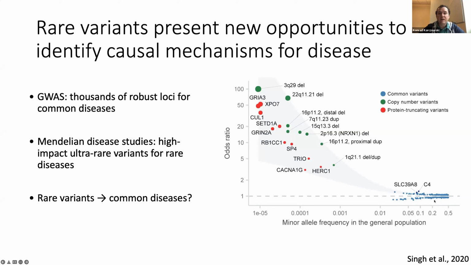Some factors that you may know and are pretty famous, like complement 4, and SLC39A8 is also a pretty well-known one. And then in parallel, these more rare variant studies are beginning to come online, mostly looking at rare copy number variants. So you can see a lot of these duplications and deletions, although some rare protein truncating variants as well are being implicated. And while these have lower frequencies, they tend to have higher effect sizes in order for them to be discovered in the first place, and then on top of that to be robustly associated.